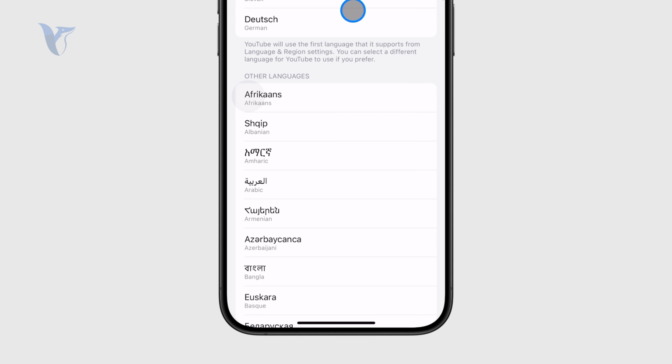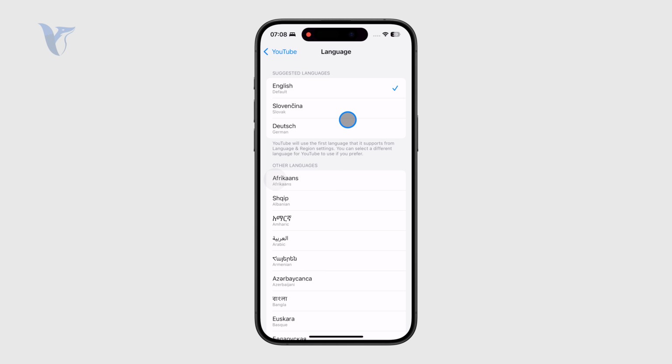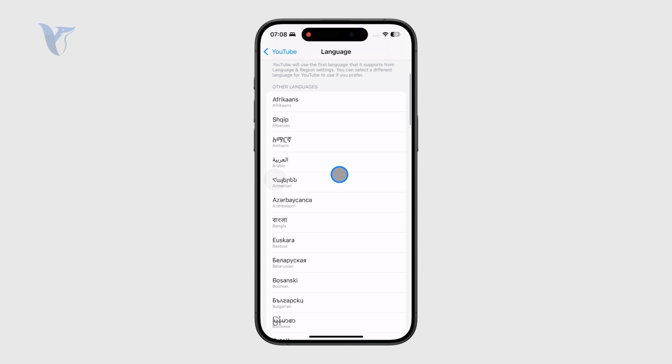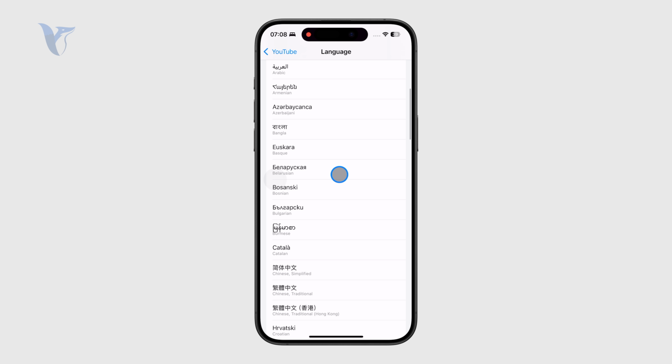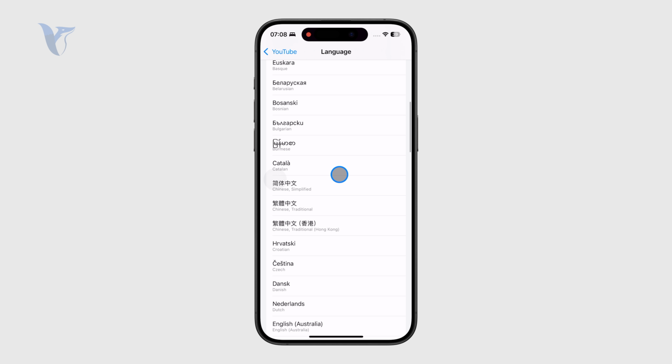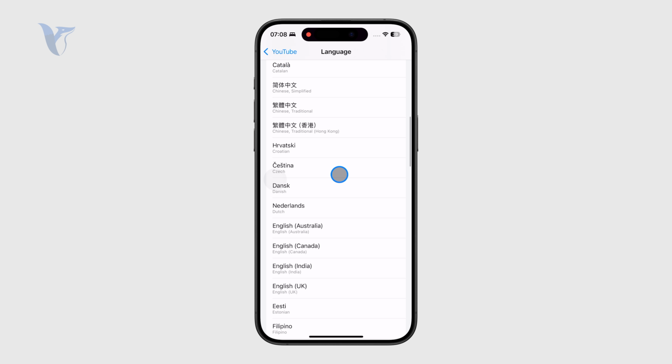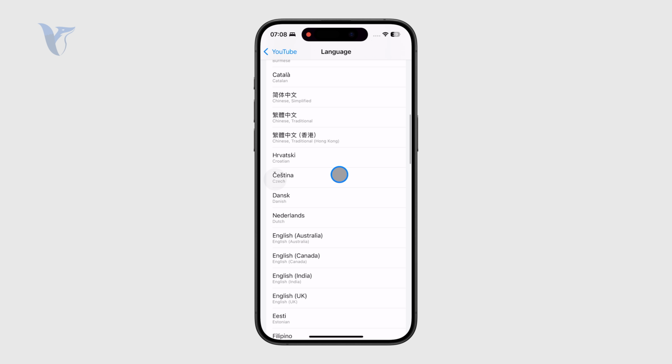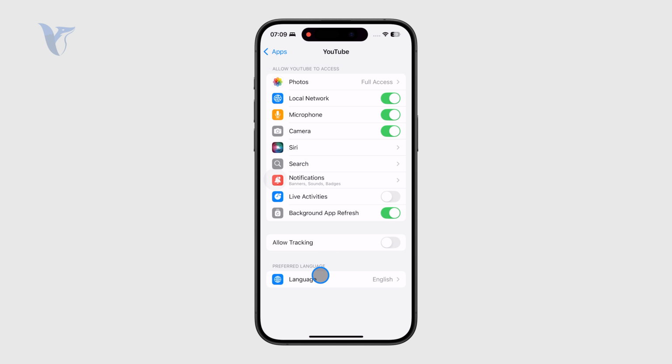For me, obviously, right now it is set to English, but you can choose it to be something else, either from the suggested languages at the top right there, or you can also just grab or select any of those which are part of the other languages section. So obviously it's up to you, so you can pick whichever option you want. The important part is that you click and select it, and this is how it's going to reflect inside of